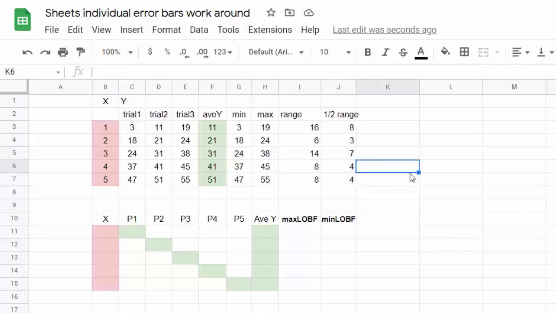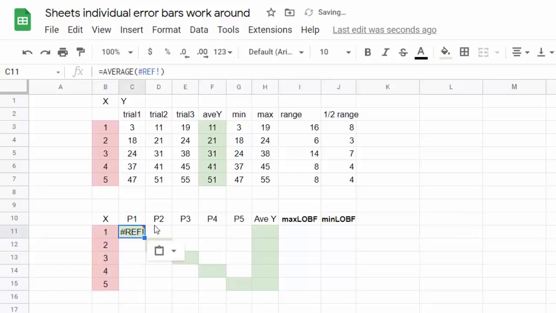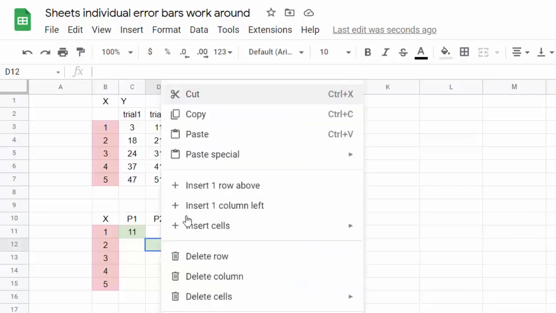Now, the way we actually do custom error bars is to say that each one of these averages is a set of data in itself. So let's copy down these values, Control copy, paste. Now this first value 11, we're going to take that as a first data set, Control copy, and that's basically going to be the first point. Now I need to paste the values only, of course. This is Control copy, that's the second point. Paste the values,